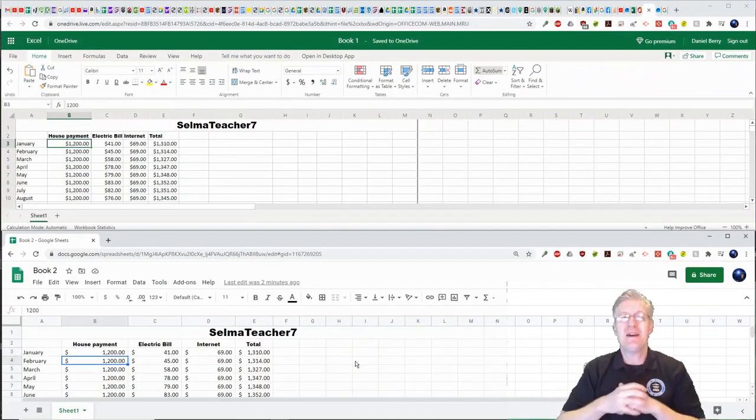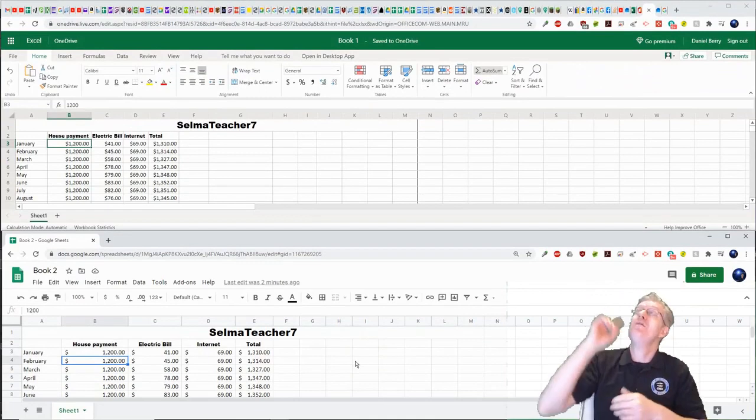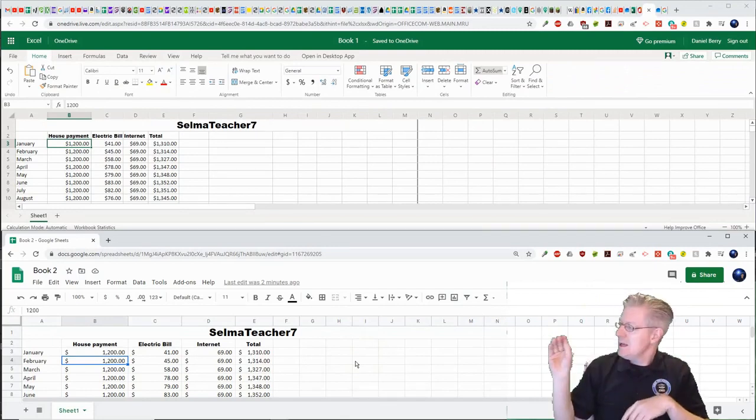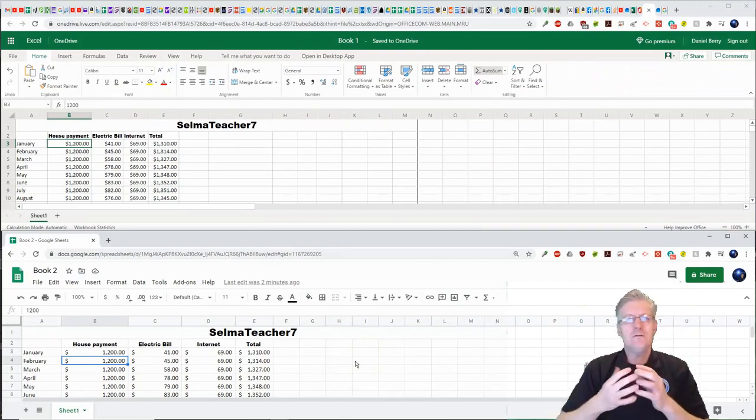Here I am inside of two different spreadsheets. Up on top we have Microsoft Excel, and below that we have Google Sheets, the one that I'm actually in. What I've been trying to do in the earlier part of this lesson is get an error message, so I could show you an example of what we used to get with Microsoft Excel 2010.